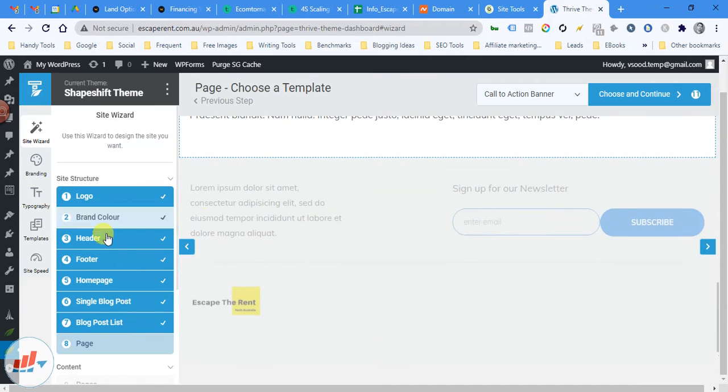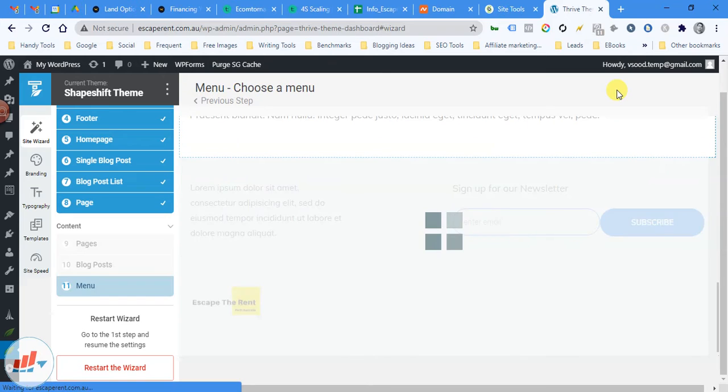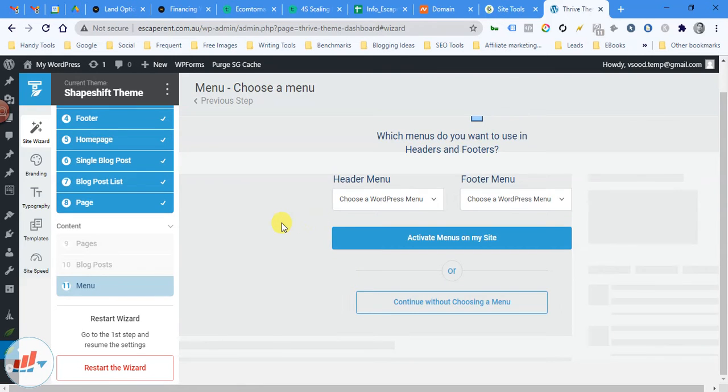Okay, now they're asking for the content. Now they're asking for a menu. So choose WordPress menu, I will choose later, and footer menu, I will choose later, and activate menus on my site. So we can activate them.